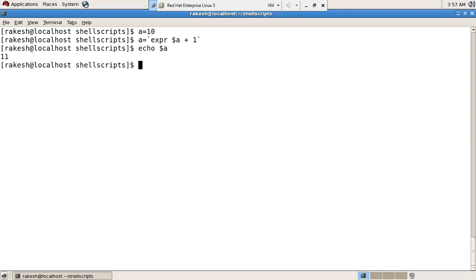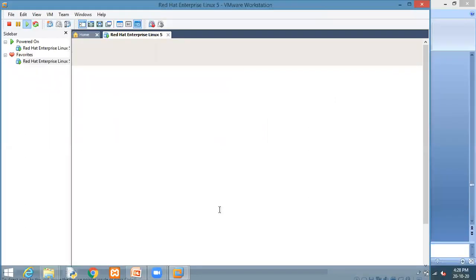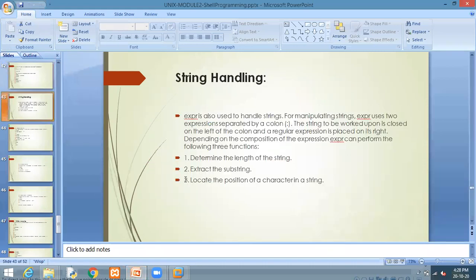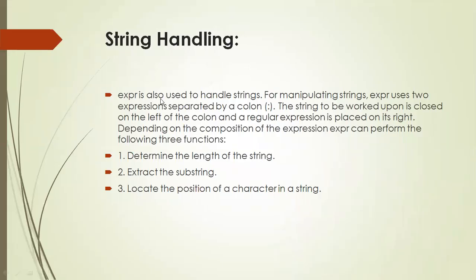Now the second use of EXPR is evaluating strings. How, let's say. So EXPR is also used to handle strings, for string handling, that is manipulating strings.